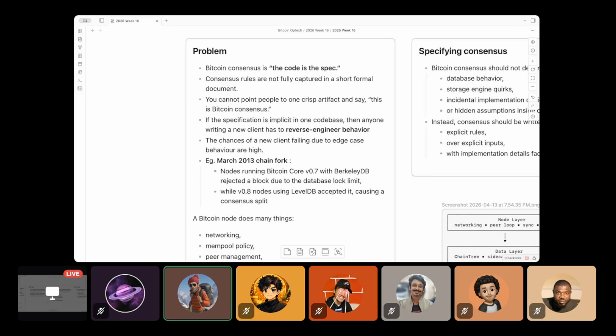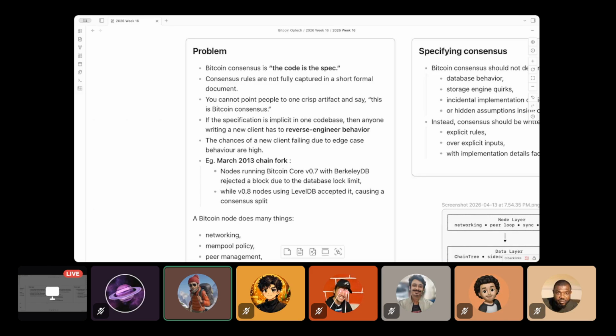because whatever client you take right now, if you take Knots, it only plays around in the edges. It doesn't rethink 90% of the code. It only rethinks 10% of the code. That's because rethinking this whole Bitcoin Core is a monumental challenge because of all the interdependencies and all the edge cases that are intertwined in a very complex fashion.